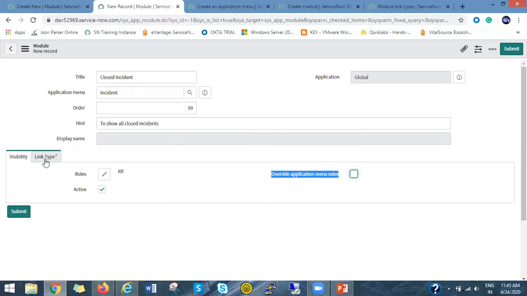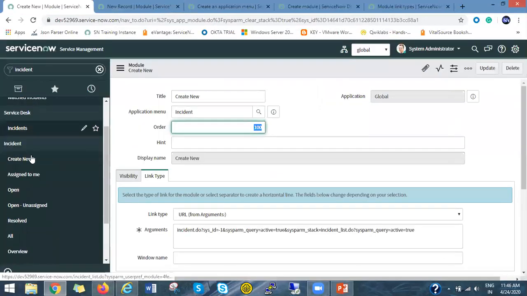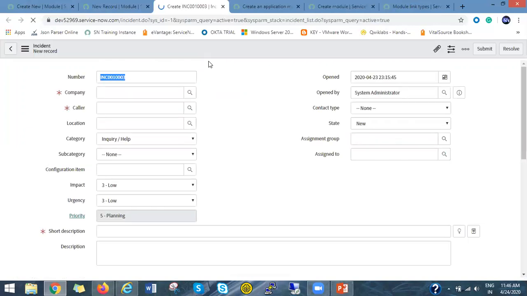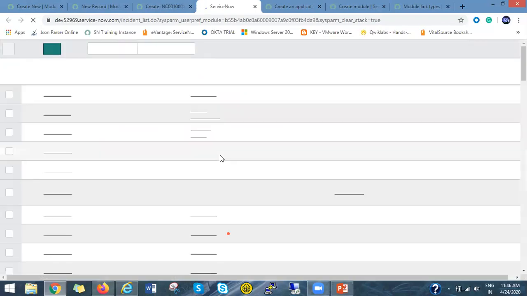Now there is one tab, link type. This is a very important tab. If you see here, when you click on Create New, your incident form is opened in new mode or submit mode. And when you click on All, your incident opens in list mode.